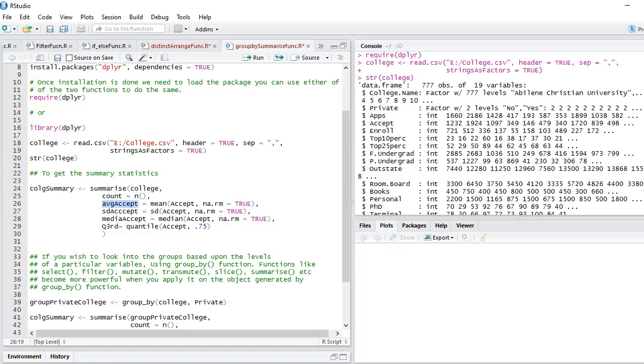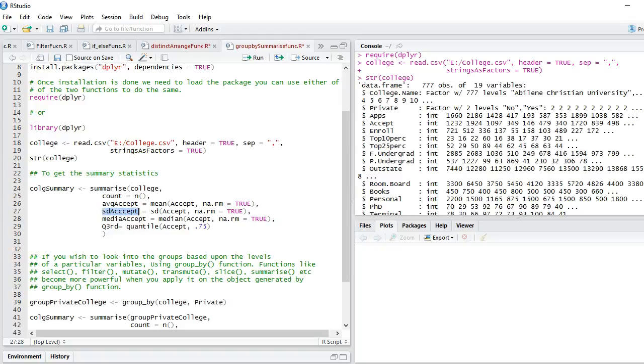The next variable name I'm giving is average accept, because I want to get the mean value of the accepted applications. Okay, so this is a regular function which we use in base package. So mean, I'm saying for the variable accept, and na.rm means if there are any na values, those will be removed. Those will not be taken into account.